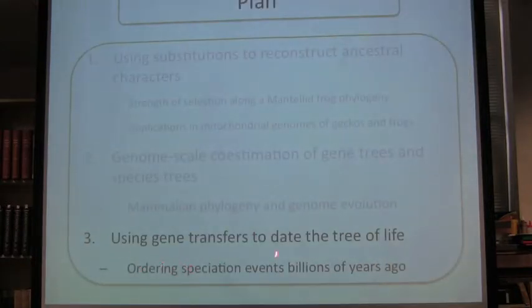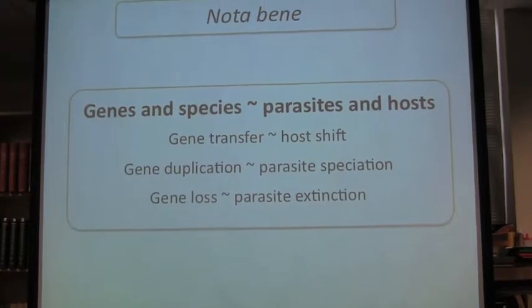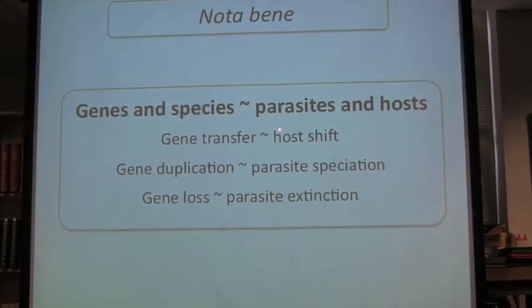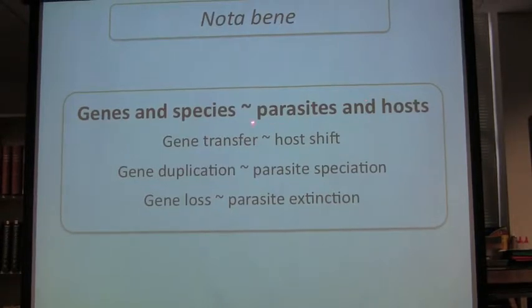As I said, it's the third part where we use gene transfers. And I think gene transfers are interesting, in part because you can think of the problem of gene transfers and species phylogenies as very similar to the problem of parasites and hosts. So if you're not interested in gene transfers, you may still be interested in parasites and hosts. And if you try to draw the parallel between this problem of gene and species with horizontal transfers and this other problem of parasites and